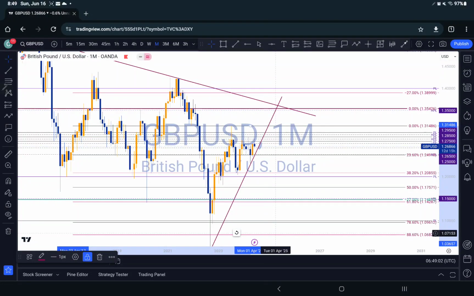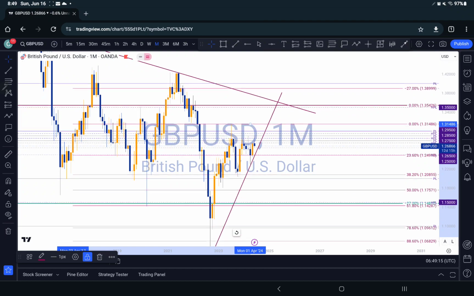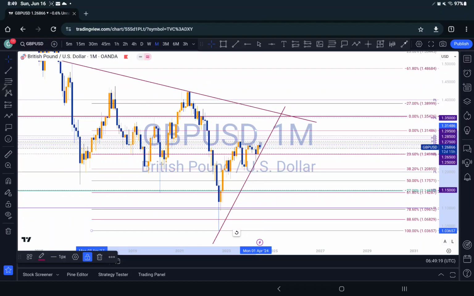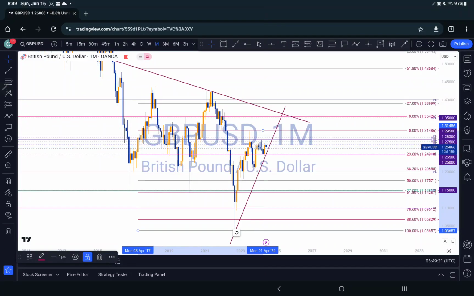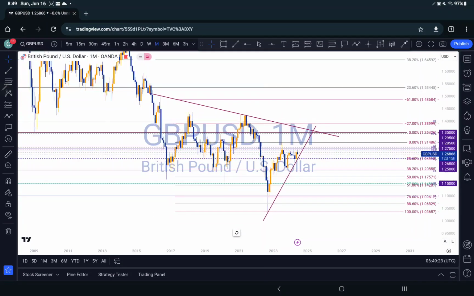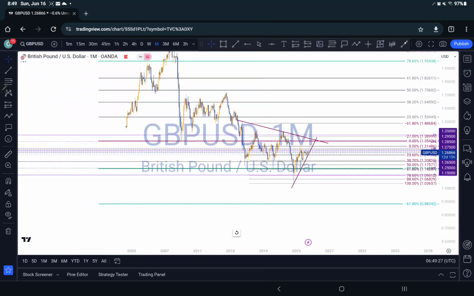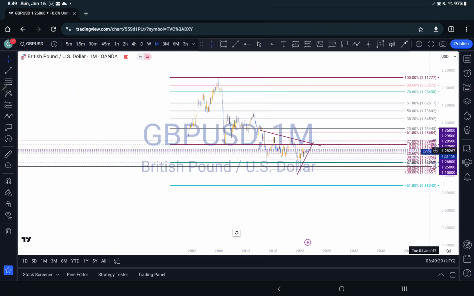Hi guys, so this is my analysis on GU, guys. We're gonna do a top down analysis on GU. So what are we seeing on GU? We can see on GU that overall, right around this area, this is the monthly time frame. Yes, overall if I shrink it, we are on a